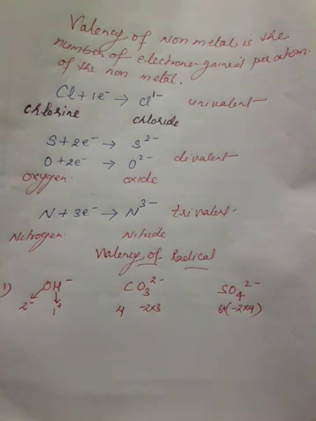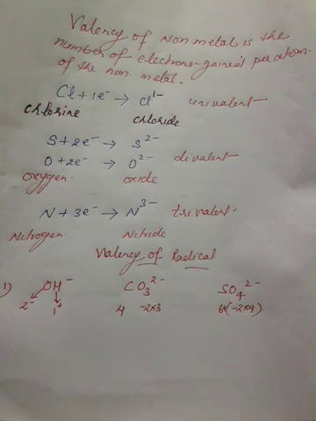A radical can be of two types, simple radical and compound radical. What is a simple radical? When it is an atom only, like sodium Na+, chloride Cl-, magnesium ion Mg2+. This is a simple radical made up of only one atom. Then what is a compound radical? When it is made up of a group of two or more different atoms, like carbonate, sulfate, nitrate, and so many others.